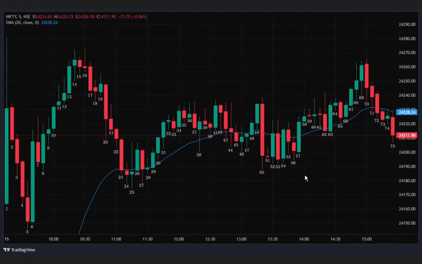So from this day, what was the learning? What have I learned? The first thing: never enter into a running leg. Sometimes we are lucky, sometimes we are not, but usually we should never look for it. Secondly, the pullback should be a good pullback, and if in this pullback we don't get a chance to take the trade, it is completely fine, because nobody knows what is going to happen. Sometimes after the breakout, it pulls back over here and doesn't go this way, but we should always wait.